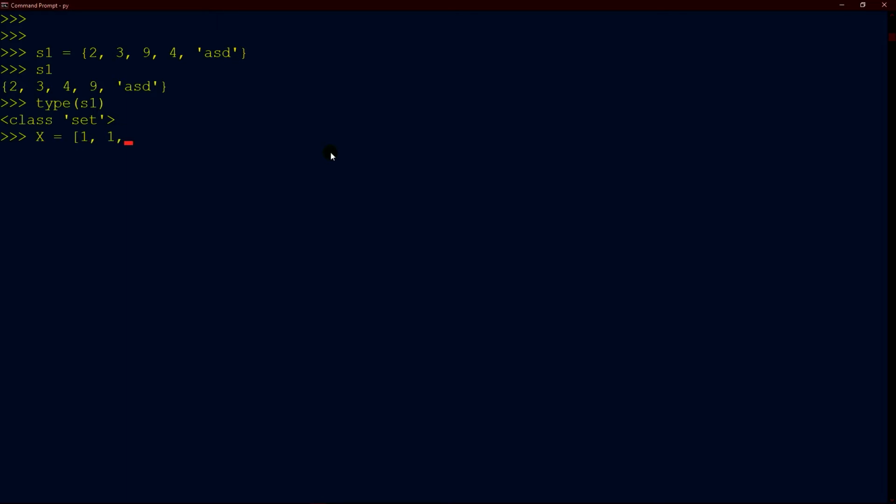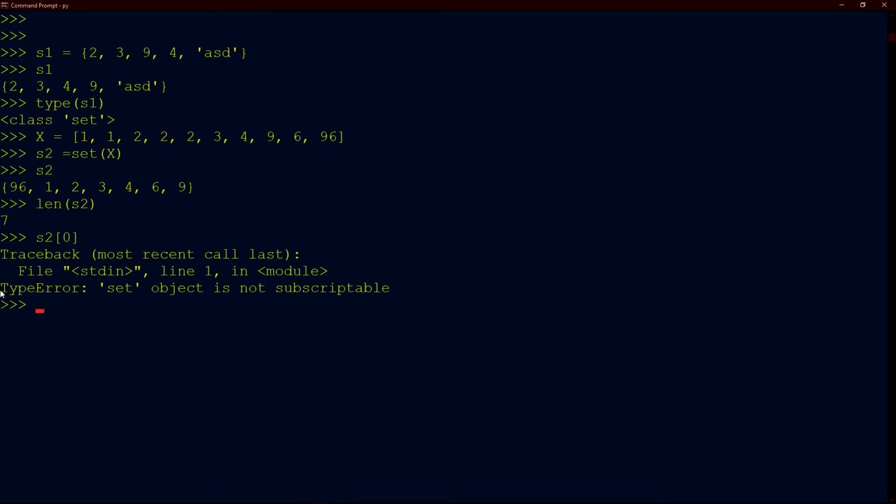And suppose you have a list of multiple same elements. If you convert that list to a set, the multiple copies of the same element will be gone. It only keeps every distinct element. So it is very useful to make a distinct object collection. You can get the length of a set object by using the len function as usual, but you cannot index a set object.